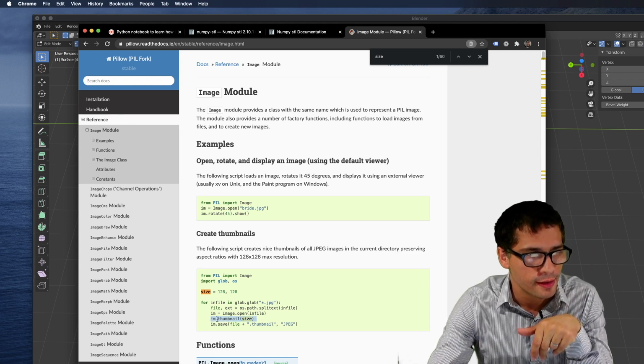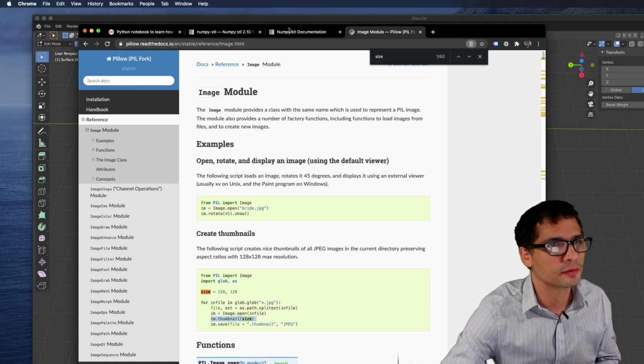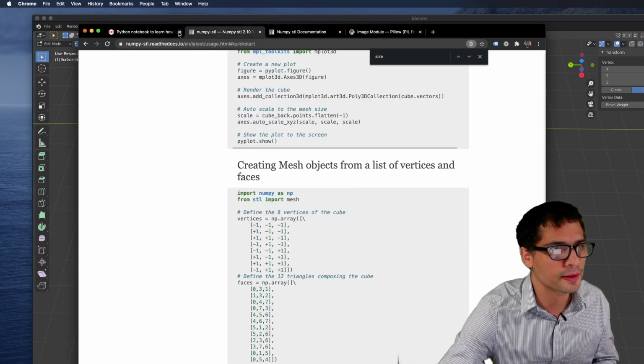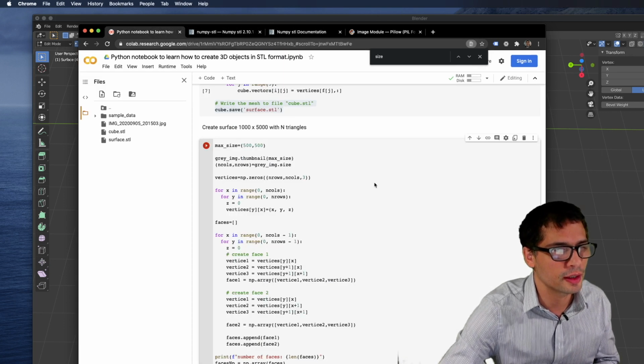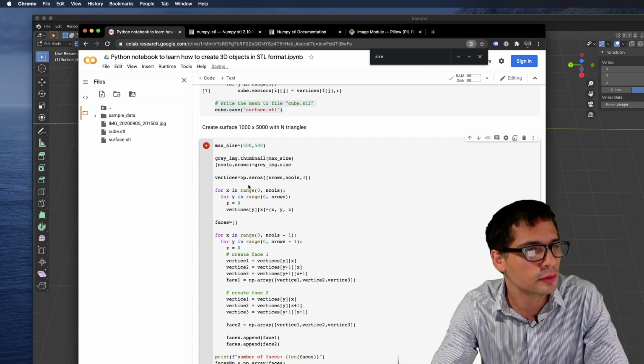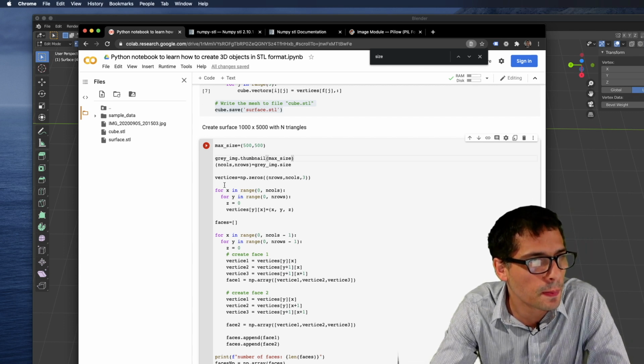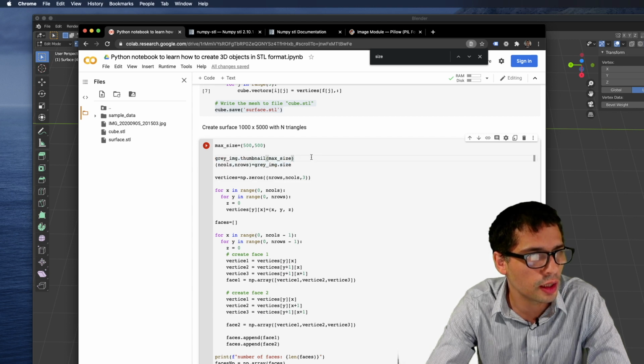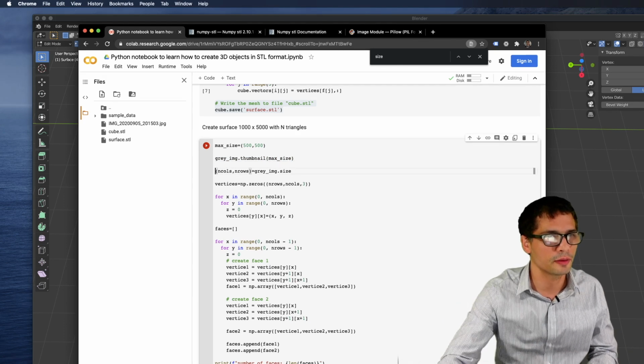Okay, it modifies the existing image, so I don't need to reassign the value. So it's a mutable data type in this case. So my new image is already resized, and now I can take the size as before.